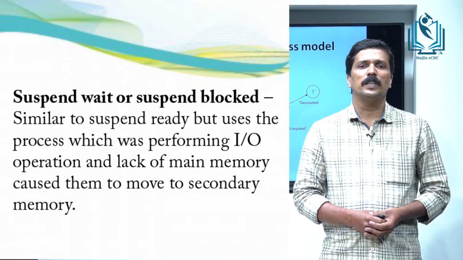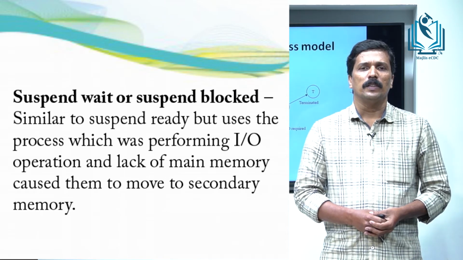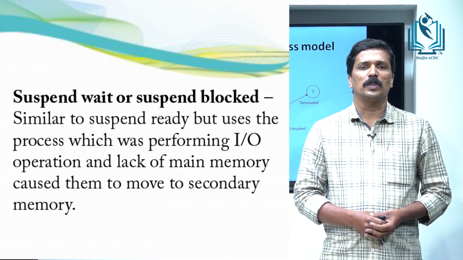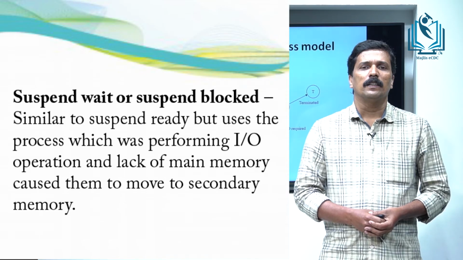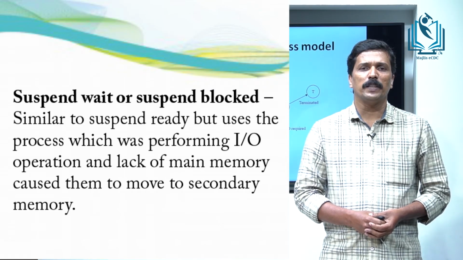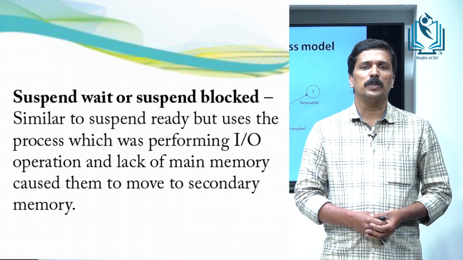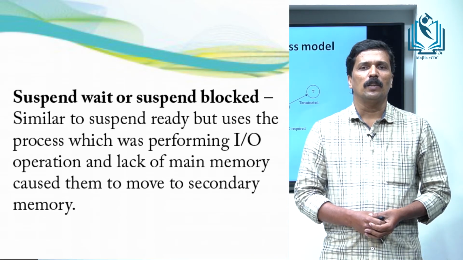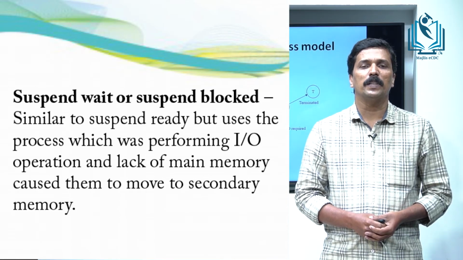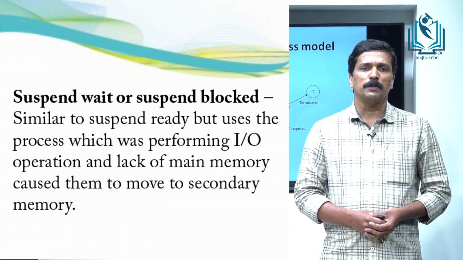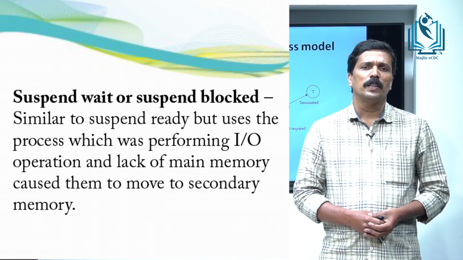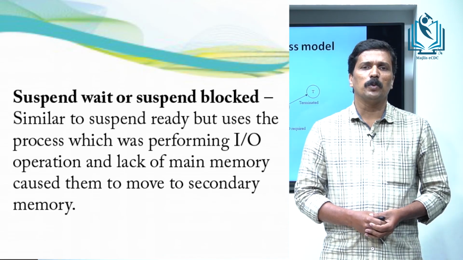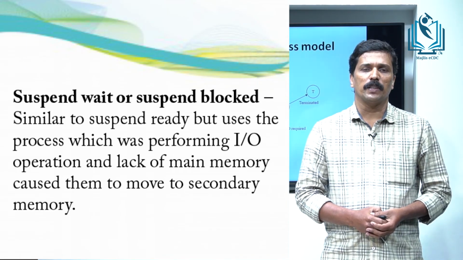If the waiting queue is not enough to store these processes, the waiting queue processes are moved from primary to secondary memory. That is, if there is not enough space to hold more than one waiting process in the primary memory, the operating system moves these processes to the secondary memory, or swaps the process from the primary to the secondary memory, and the suspended blocked processes reside in the secondary memory. If any event occurs, it moves to ready queue and starts its execution.